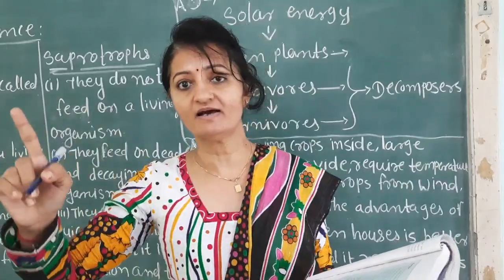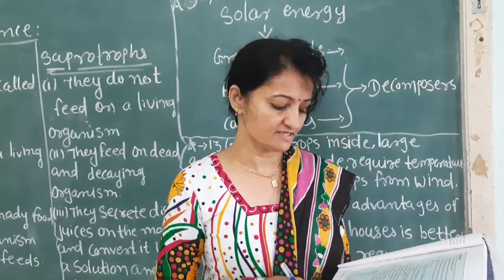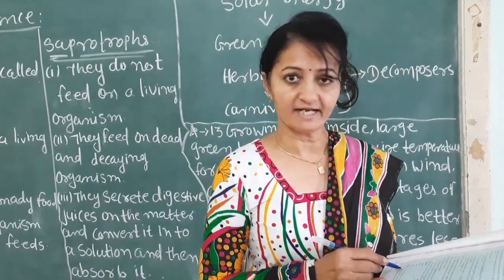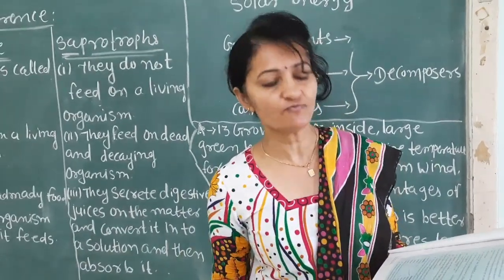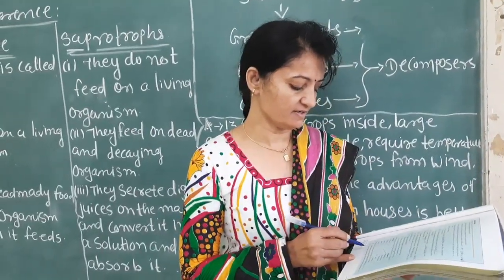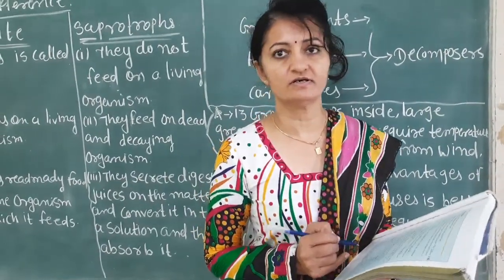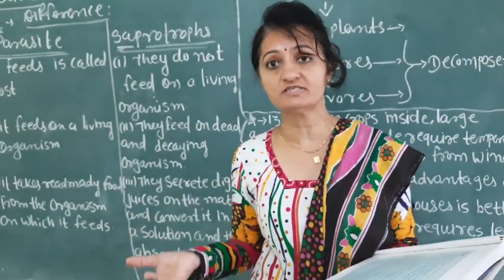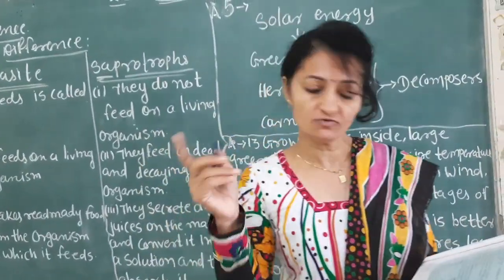So opposite insect will come pitcher plant. Clear all these things? Now question 10. Mark T, that means true, if the statement is true, and F, that means false. The first statement in question number 10: Carbon dioxide is released during photosynthesis. You know that it is a wrong sentence, because carbon dioxide is not released during photosynthesis. Oxygen is released during photosynthesis. So you write F, that means false.